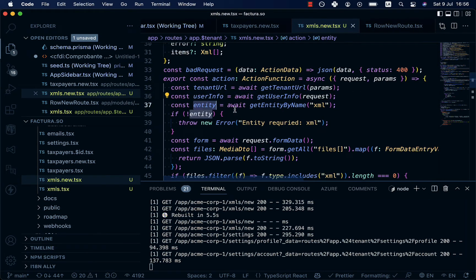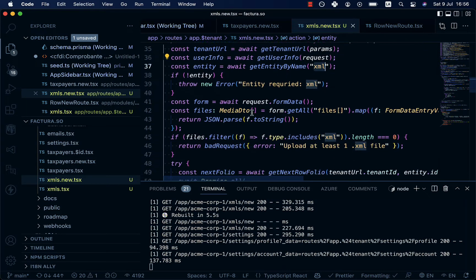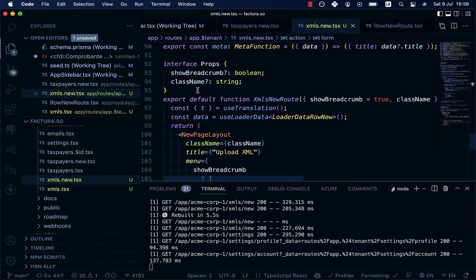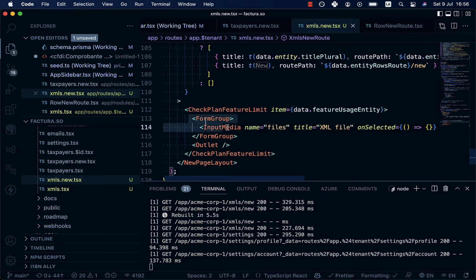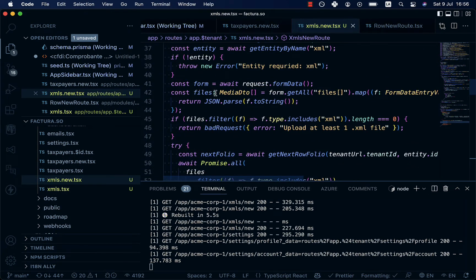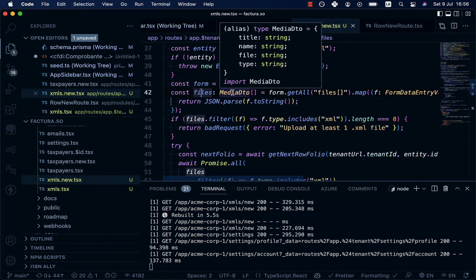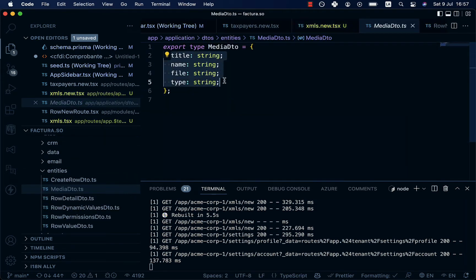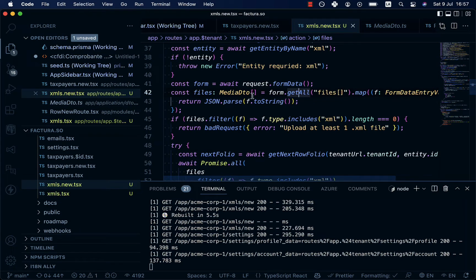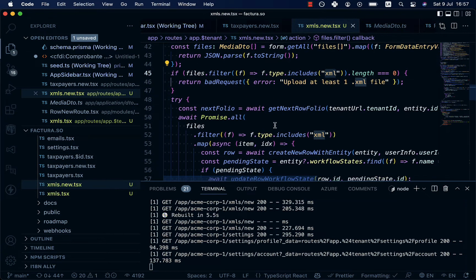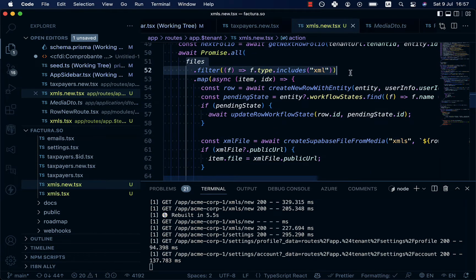We're going to get the entity with this name. We're going to get the form, which is sent by this form group, and we're going to get the files, which are of this type, which is an array of this type. Can have a title, a name, the file, content, and the type. So we mapped this into this array, and we do a little bit of validation that at least one XML file is needed. So we're going to iterate to all these XML files, and we're going to create the row